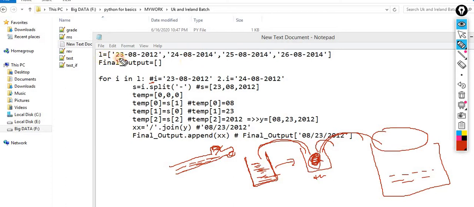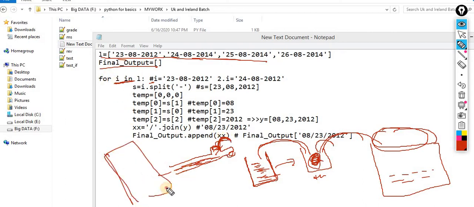Okay, this is just like your tap, where you are getting the data in streaming. Now this one is the final container, just like a big container. This is the concept. You open the tap, you close the tap, you open the tap, you close the tap, until the tank is not empty.